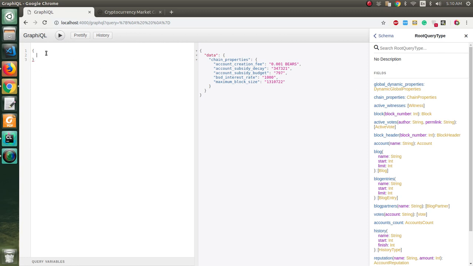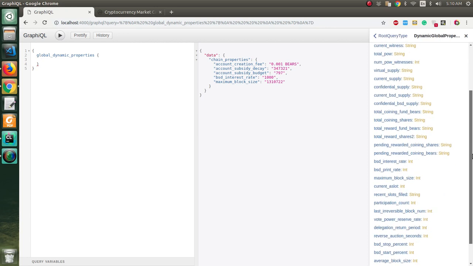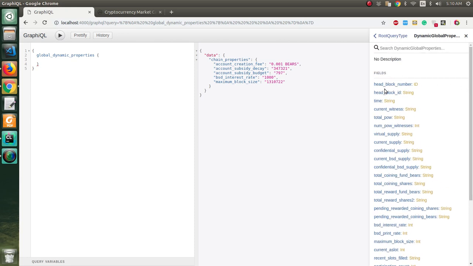So I can say global dynamic properties, and you will notice that it does not require you to pass any parameters to this query. And if I click the dynamic global properties object, it lists all the things that I can get using this query. So let's add a few things, not all of them because I don't have time for that. So let's add head block number, maybe time and current witness